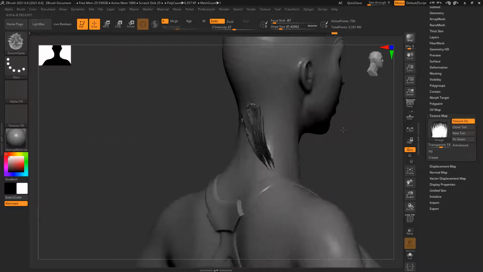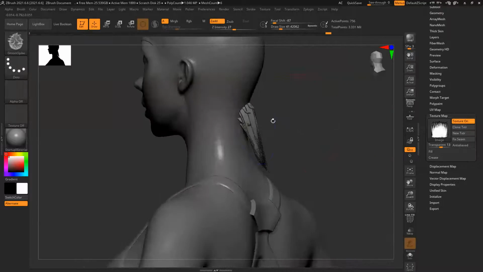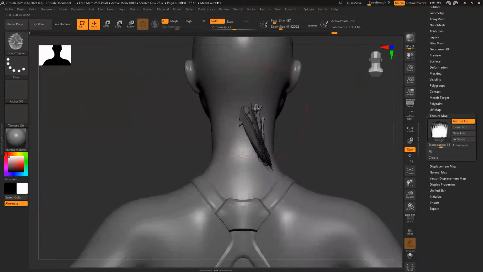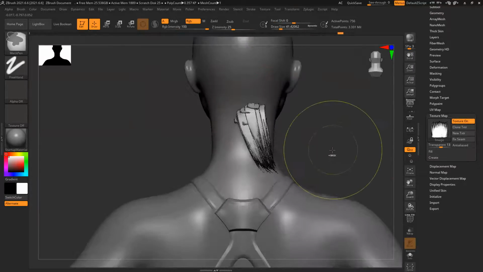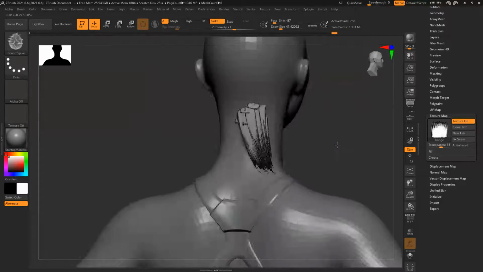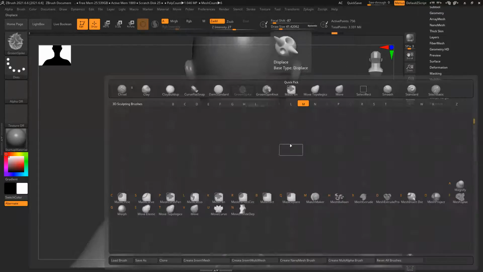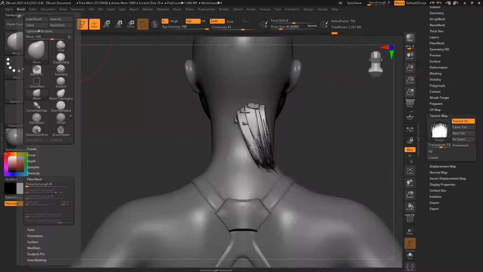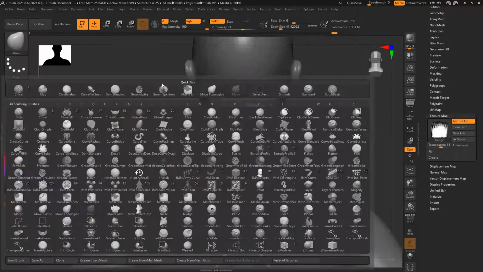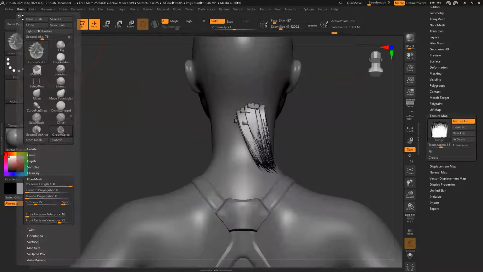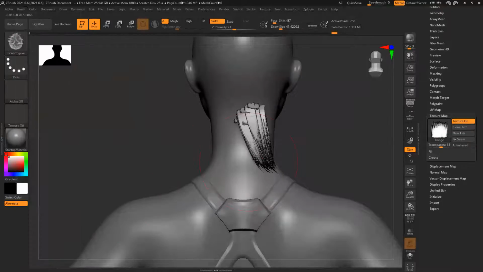Now you can see it snapped on the body. This was kind of nice. B and B. I'll just keep that. For each and every brush, you have to do this setting. 30-40 is fine.